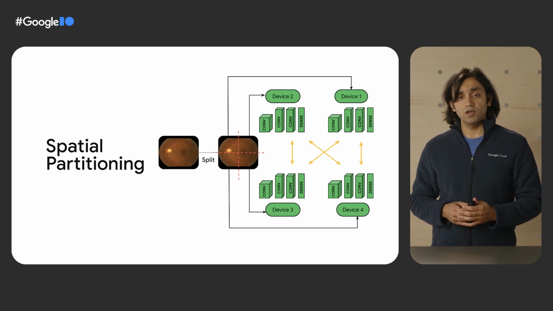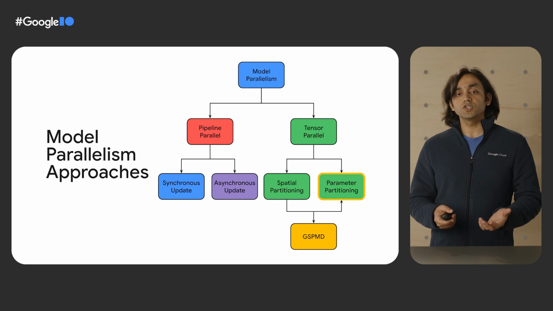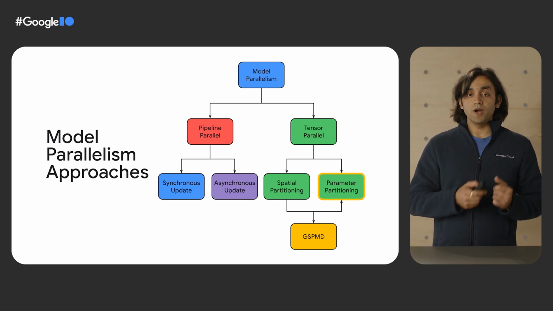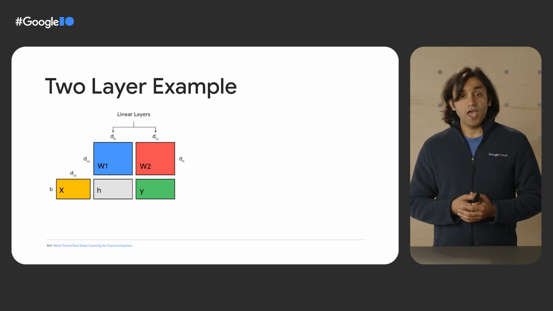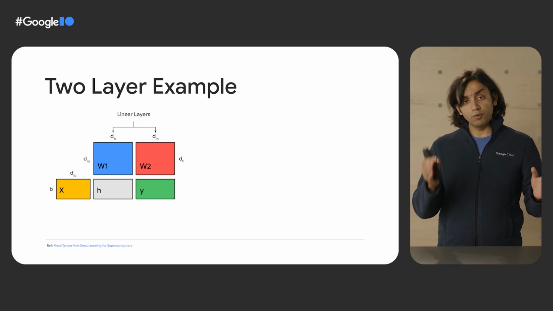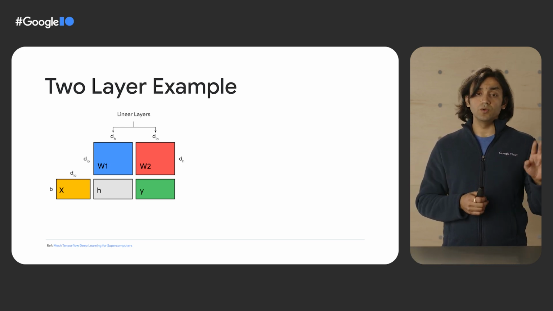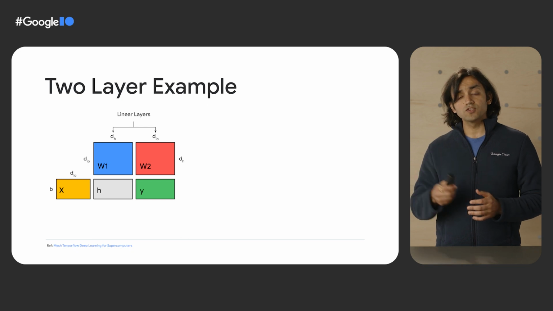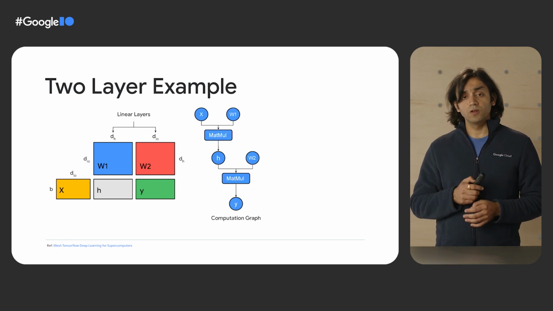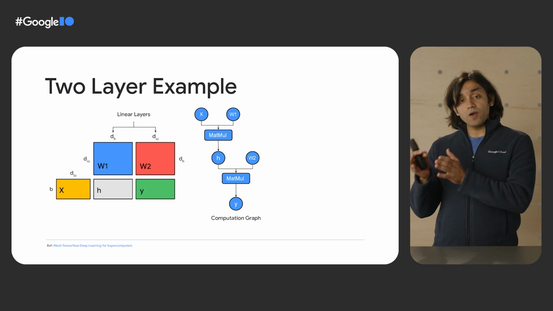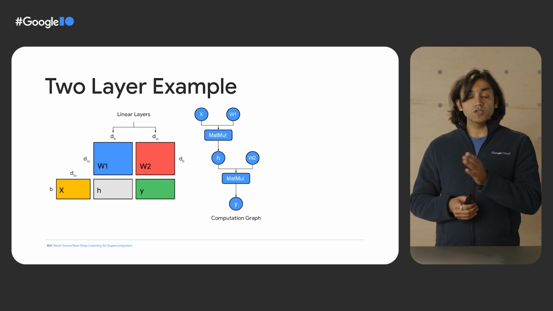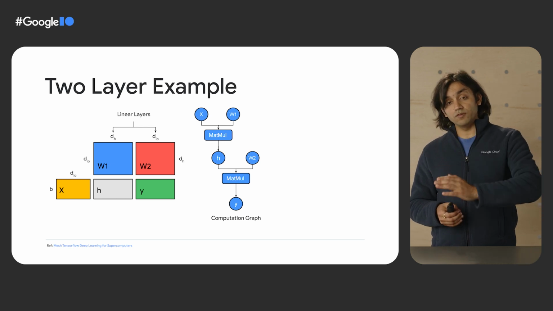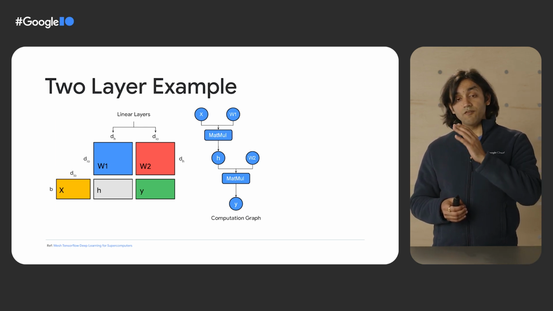remainder of this talk. Now, let's develop some further intuition about SPMD, beginning with parameter partitioning for a simple two-layer model. Here's our two-layer model as we would see in a data parallel setting. X is the input, W1 and W2 are weights corresponding to the two layers. And here's the forward pass computation graph of this model. There is a corresponding backward computation graph as well, not shown here for brevity. Communication happens when the gradient synchronization is done, that is, after the backward pass.